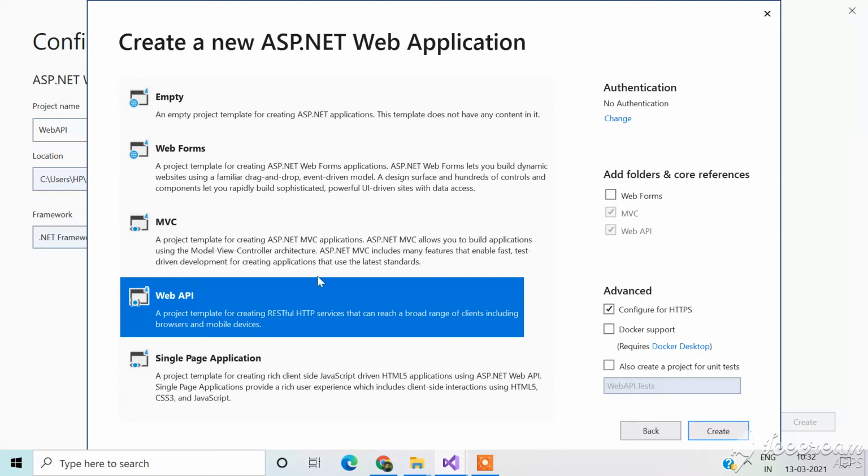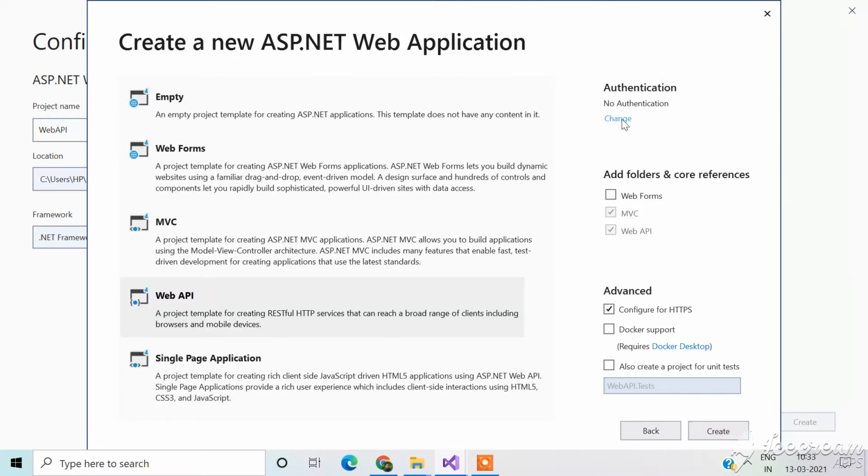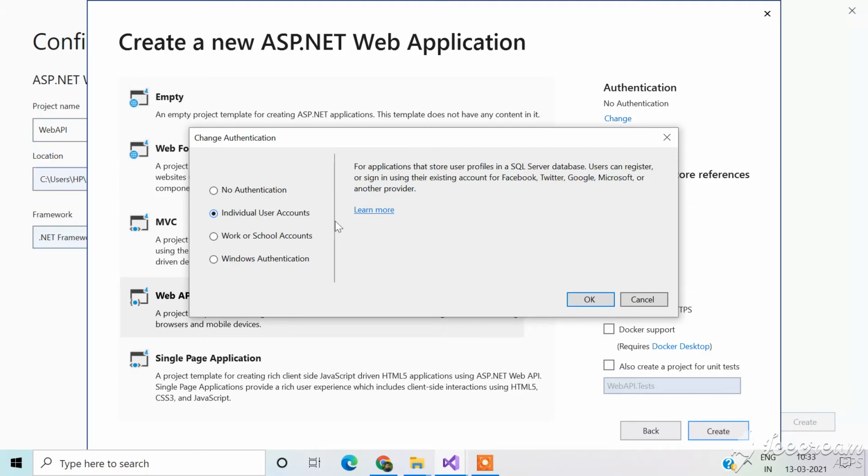Here you have a lot of templates. As I said, we will be focusing on the API concept, so I'm selecting Web API, where you will also get the MVC concept by default. Now here you need to do one thing, that is individual user accounts. This is scaffolding. If you select individual user accounts, then .NET generates code for the individual user which is required to log in, sign up, and all those things. This is where we will be requiring identity. Just say okay,